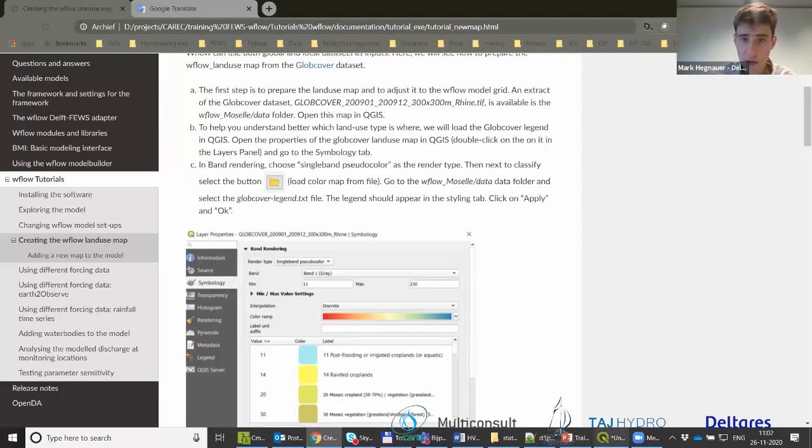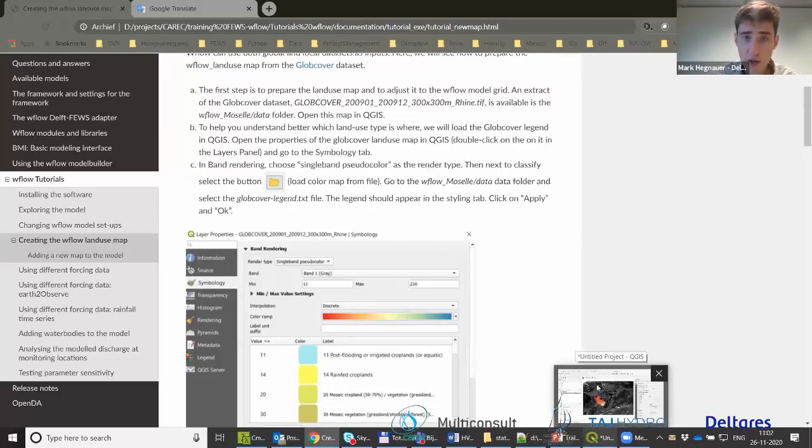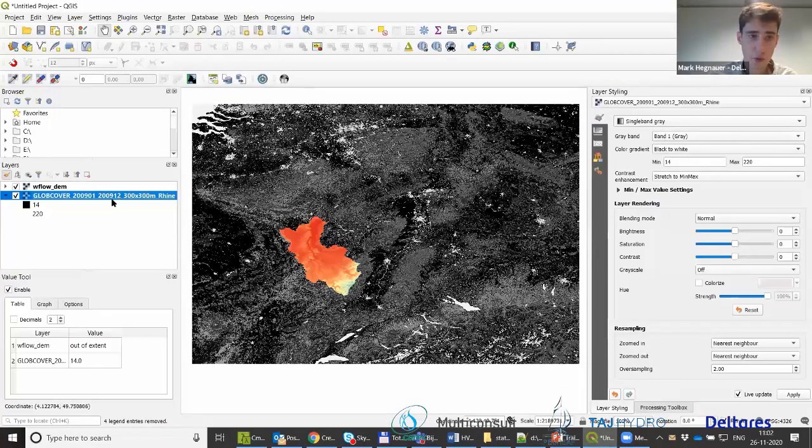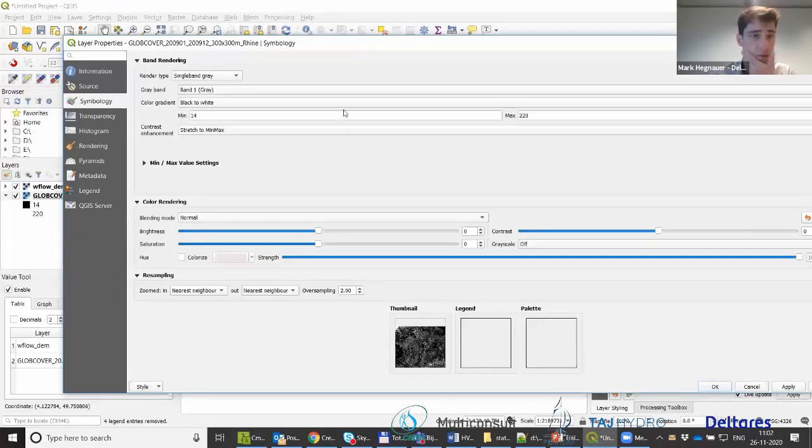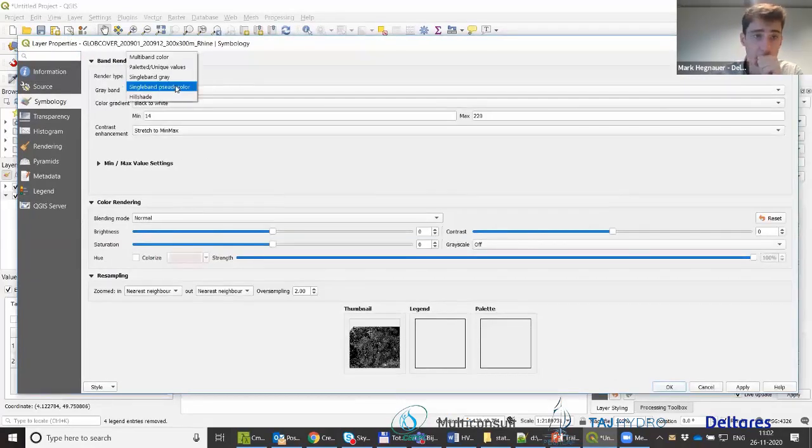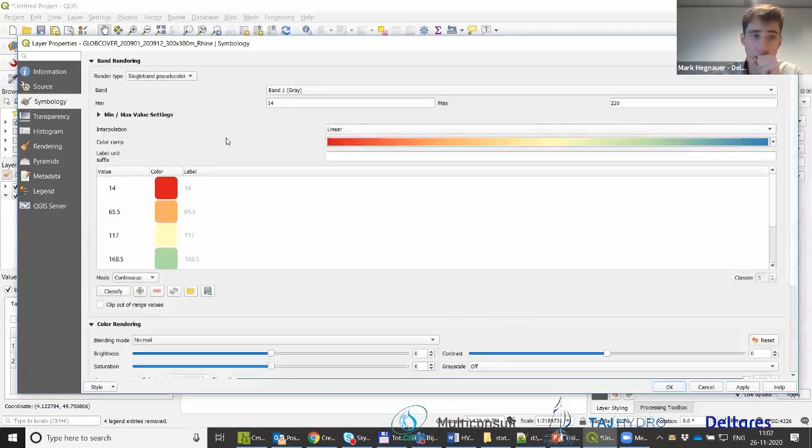Okay, so let's try to see what is there. So we go to properties, symbology. So we go to a single band pseudo color, yeah, and then